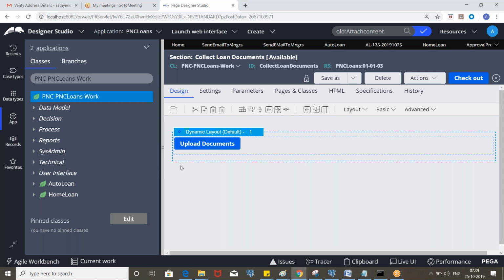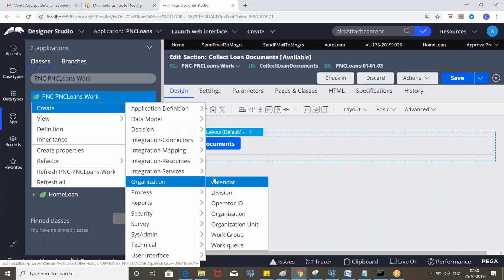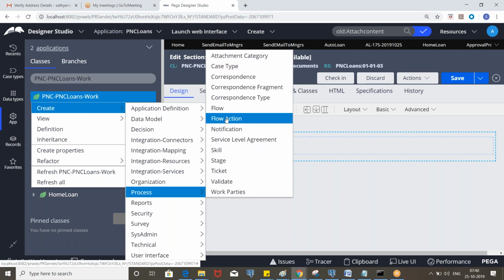Here we can add some out of the box section where you will see the list of attachments you uploaded, and you can manage them. Let's say you uploaded a few documents and you want to delete something, so you can do that. Okay, so we'll add that later. So now let's create a flow action and invoke the section.